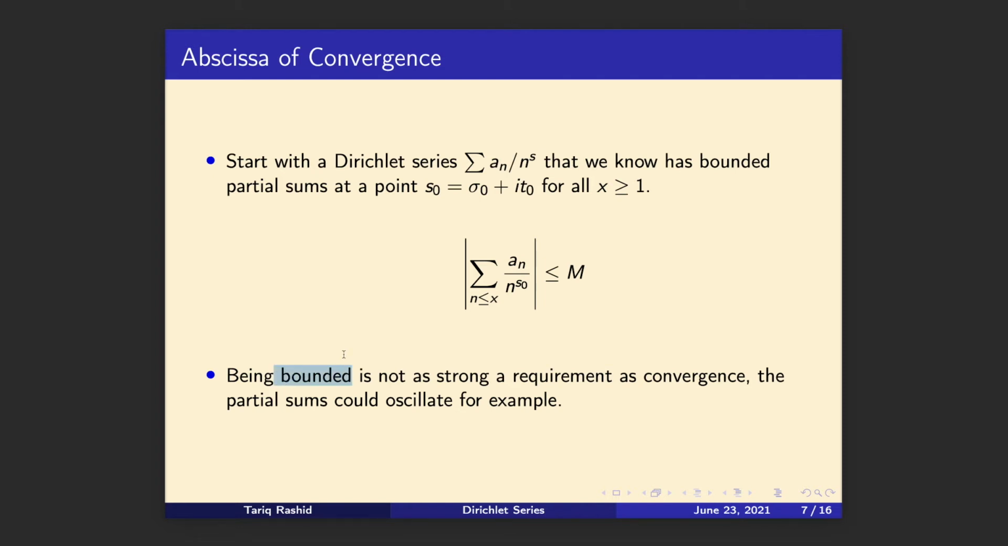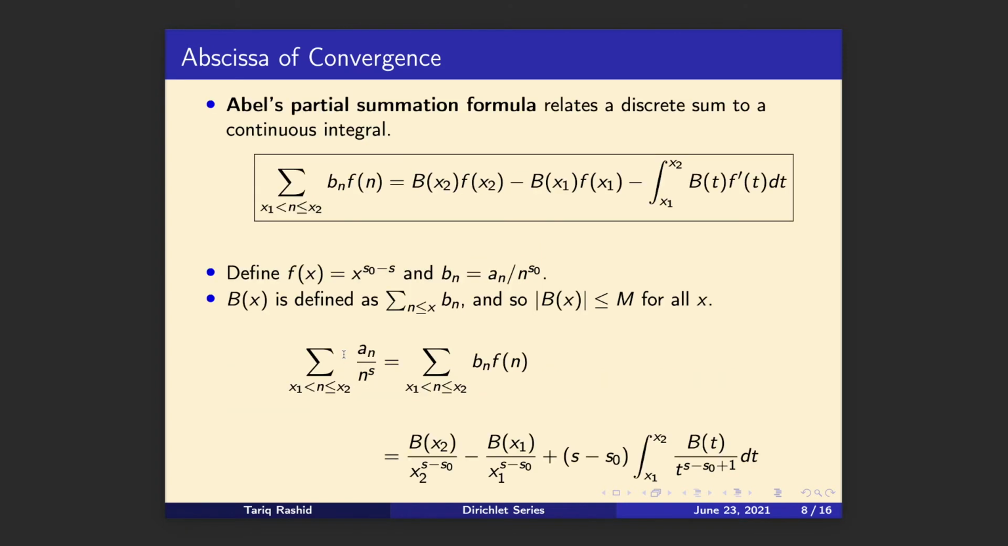If you are convergent, you are bounded, obviously, but bounded means that your partial sums can oscillate, like we saw with that spiral, but they will always be less than some limit, call it m here. Now we're going to use something called Abel's partial summation formula. Again, we'll have a separate video explaining where that comes from, but it's a very useful tool because